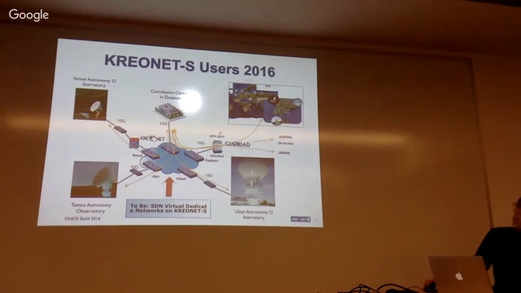Who will use KREONET-S? We are part of a user group with the Astronomy Research Center and observatories in 4 different cities, Daejeon, Seoul, Jeju, and Ulsan in Korea. The new user will create their own virtual network, and the virtual network will also be used by dynamically joining end users for exchanging and sharing their research data with very good performance.